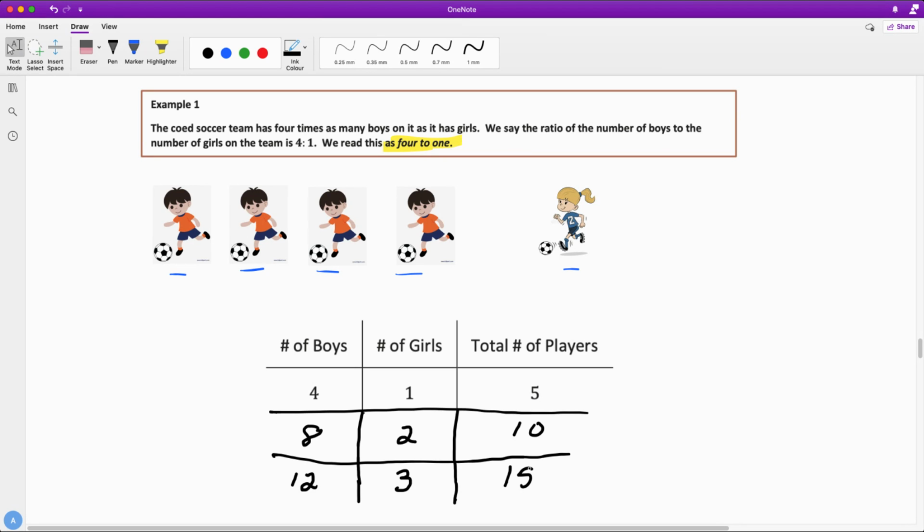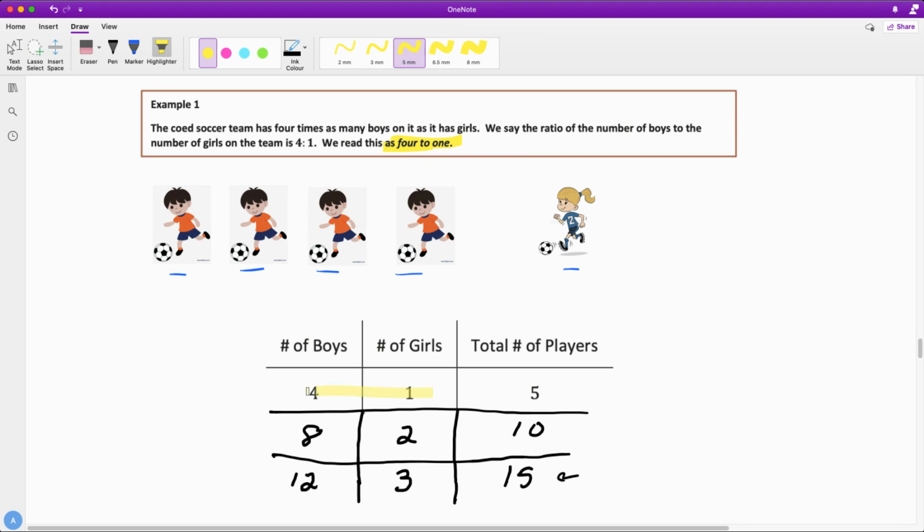All right, when we talk about our ratios, we're going to write about them and talk about them in their simplest form. And we can use that concept that 4 to 1 means for every 4 boys we have 1 girl. We can use that to extend it to talk about instances where we have more than just a 5 number of players. So what happens when we did have 15 people on our team? How many boys and girls would we have then in order for us to have a ratio of 4 to 1? All right, so it's just allowing us to compare the boys that we have versus the girls that we have on this team. And as we showed here,